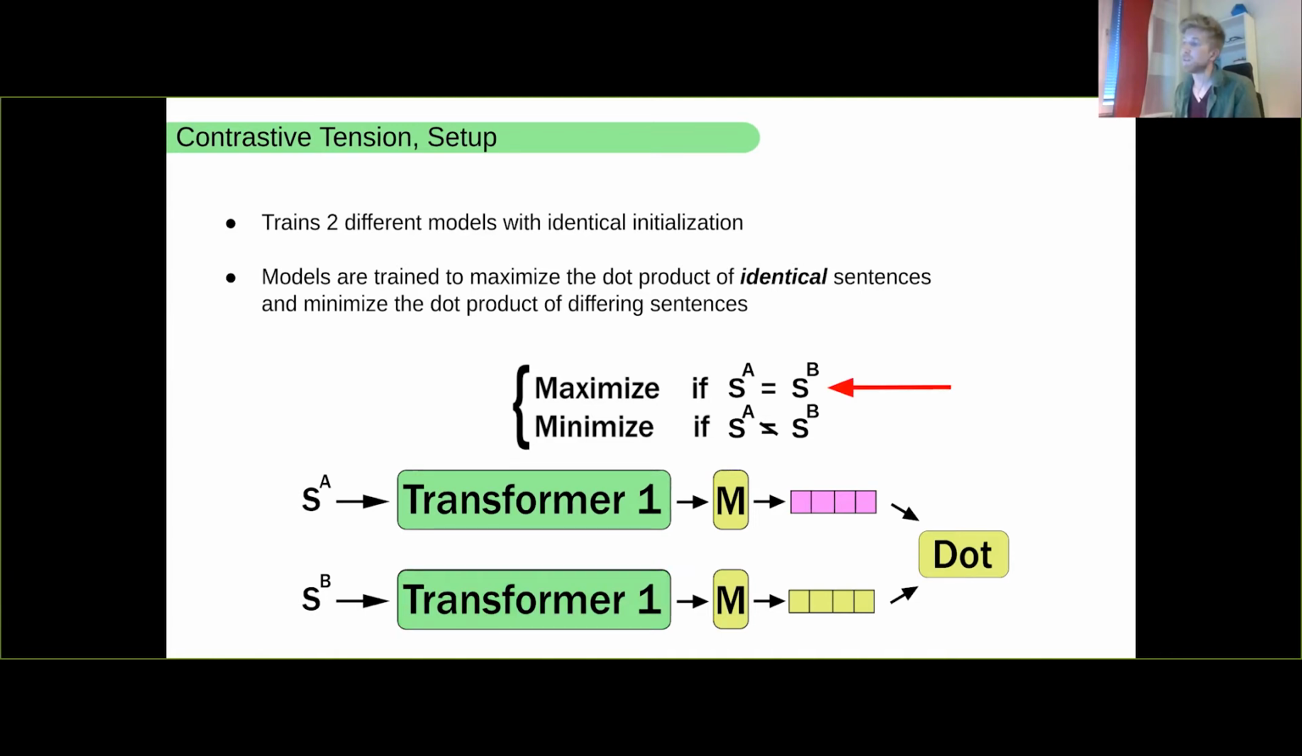And the reason we can't just use 1 model for this task would be that if we were to have the same encoder, the embedding for the same sentence would always be the same. I mean, of course, if you have transformer 1 and transformer 1 and you pass in S of A and S of B and they're the same sentence, you will end up with the same sentence embedding here. And